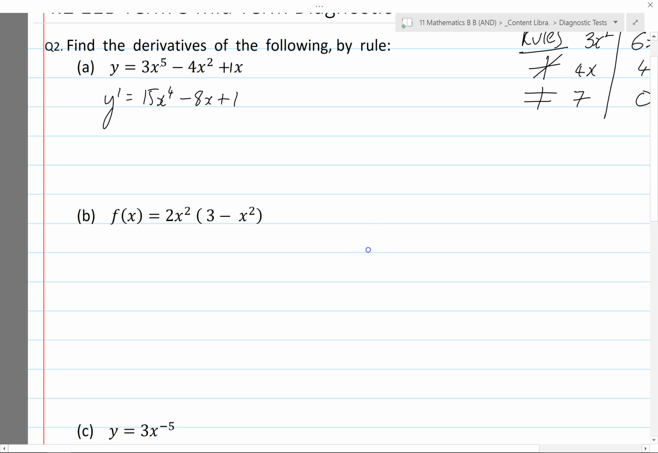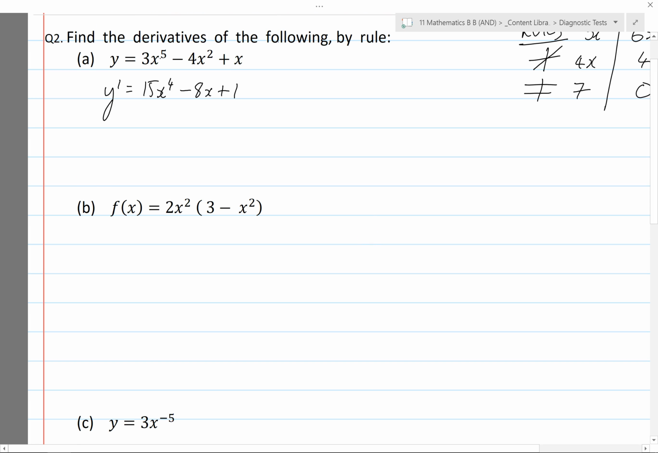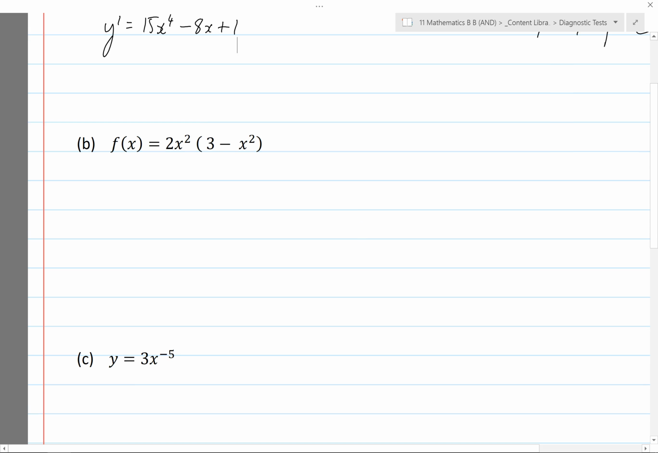For part B, I don't have just normal linear terms or polynomial terms one after another. So before I differentiate, before I change this to f dash of x, I need to expand here. 6x squared minus 2x to the power 4. Now that I've got terms like this, I can go ahead and differentiate: 12x minus 2 times 4 minus 8x